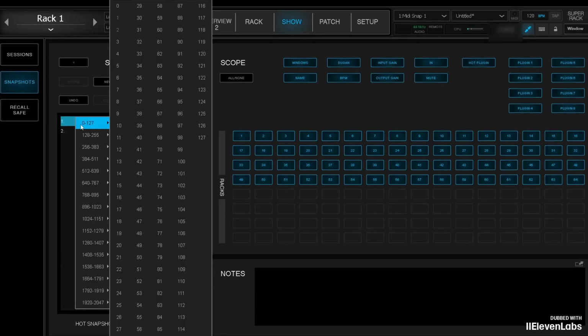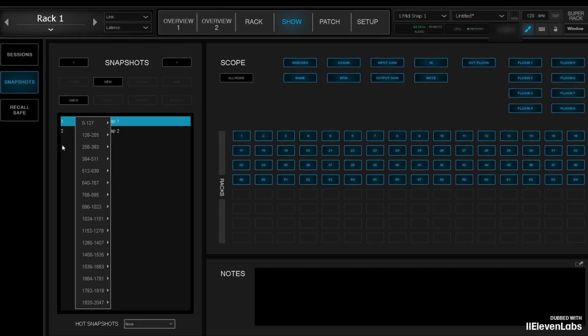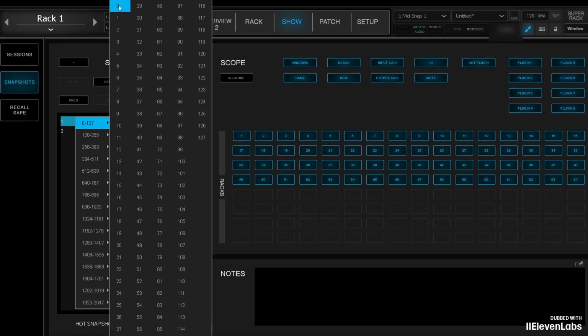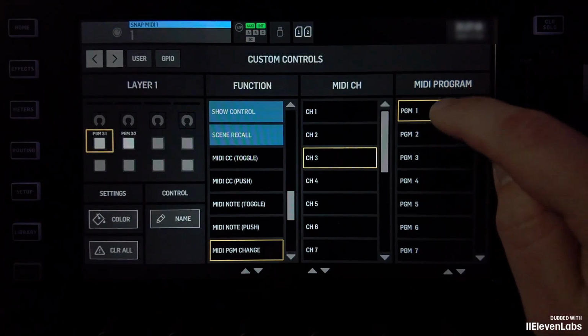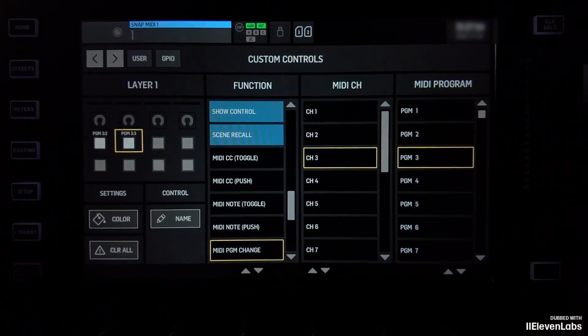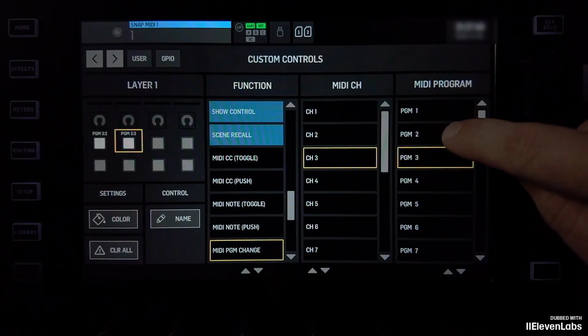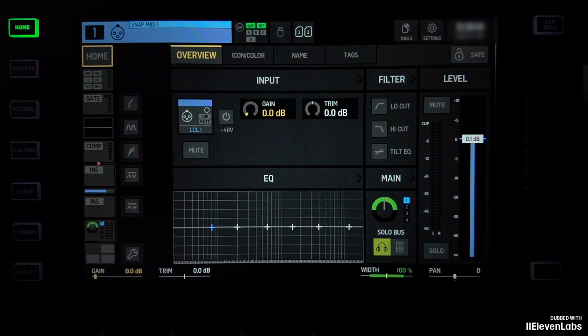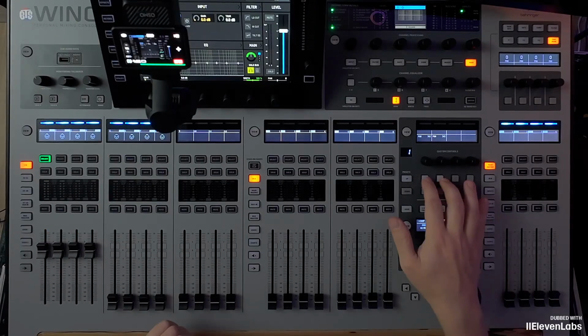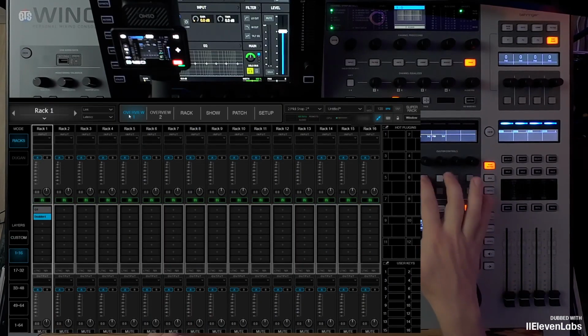The programs here range from 0 to 127, meaning 0 corresponds to program 1 on the Wing. However, since I have selected programs 1 and 2 here, I logically need to choose program 2 here and select 3. Because program 1 would be 0, program 2 is 1, and program 3 is 2. You always have to be a bit careful whether the ranges go from 0 to 127 or from 1 to 128. Now everything should be set up correctly, and I can use the 2 custom controls here, as you can see, to change the snap.